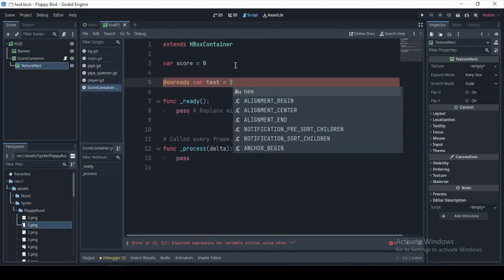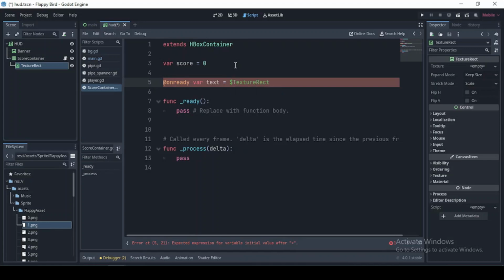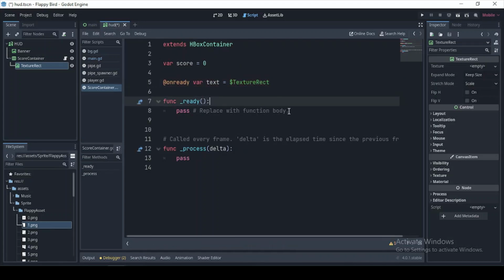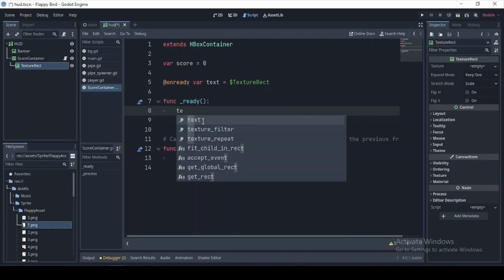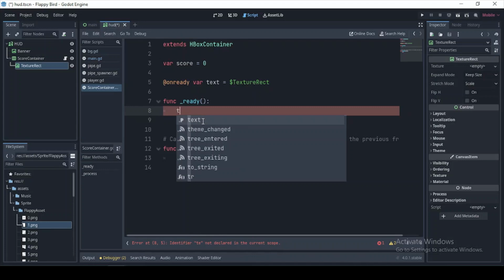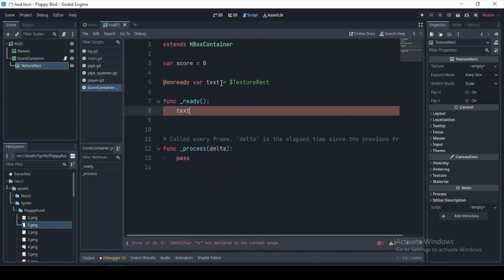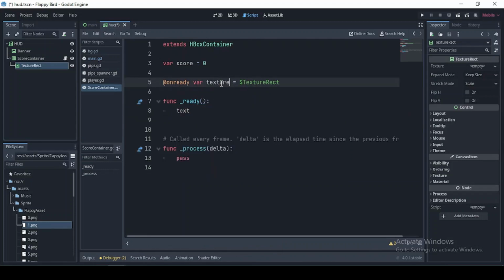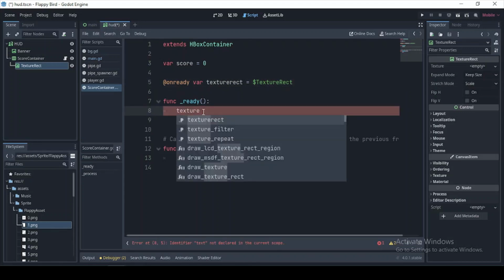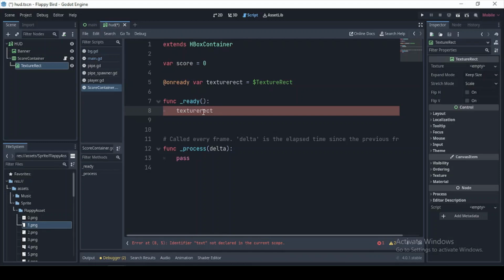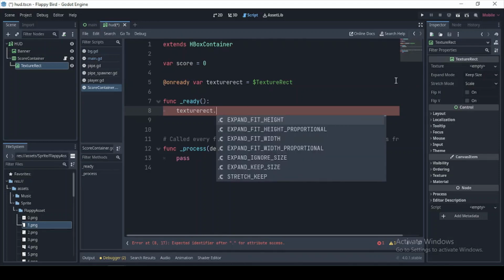Okay, so if our score was to be 0 already, let's say our texture rect, that's text. I think let's use a better variable to get an error. Texture rect dot our texture